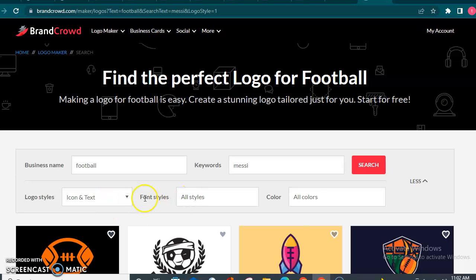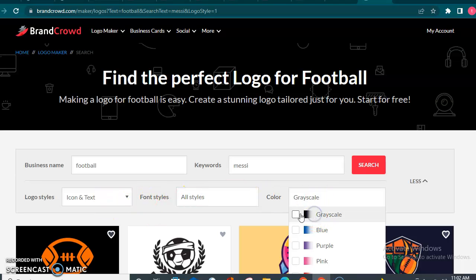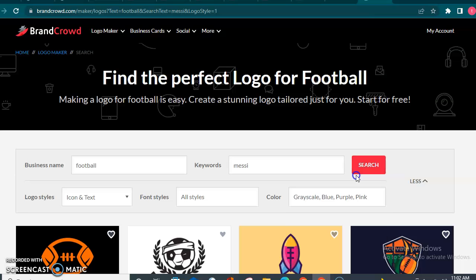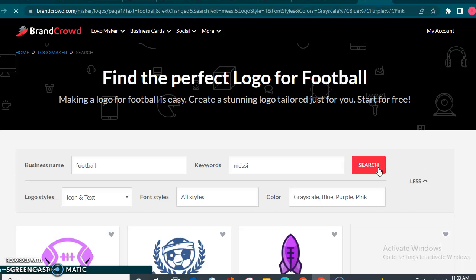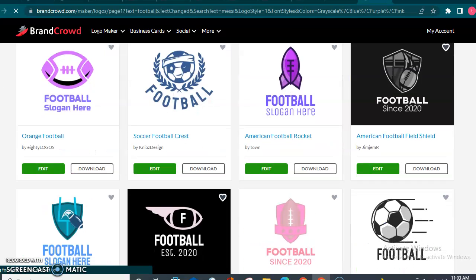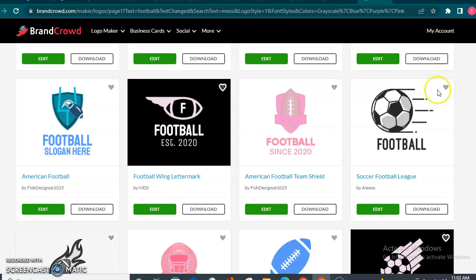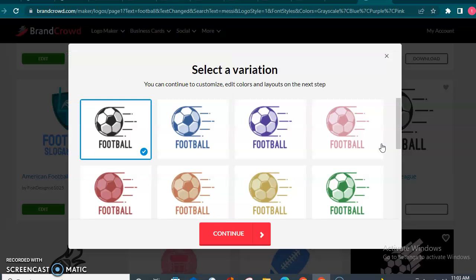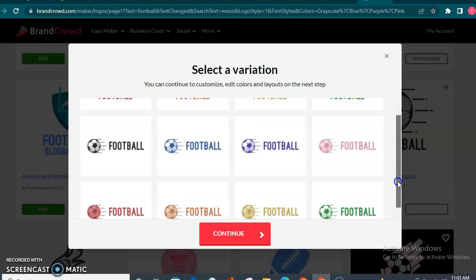If you have many options, all colors, you can see you can select the colors as well, like this, like this, and if you search again, what kind of results do we have now after we apply the filter to our logo? You can see this, guys. If I click on download for this one, there are many other options, like variations, after selecting any one